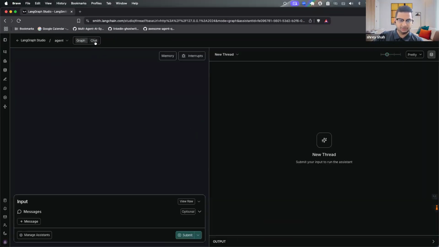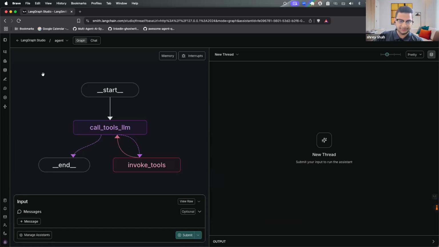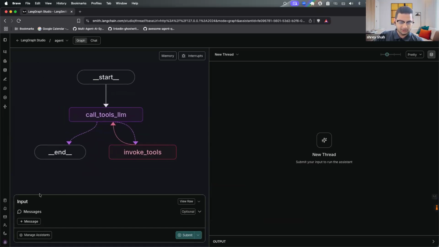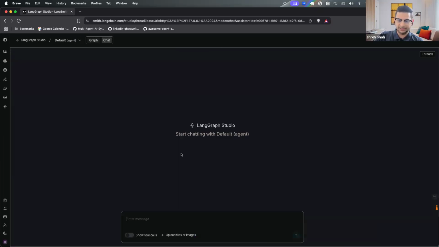All right, so that's how the graph looks. It makes it really easy to see the graph on the UI side. And then I can also click on the chat here and actually just chat with the agent. Here I can say, can you research about LangServe